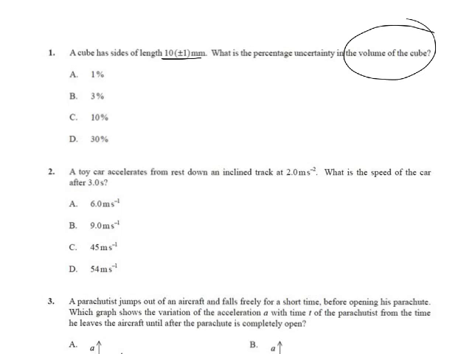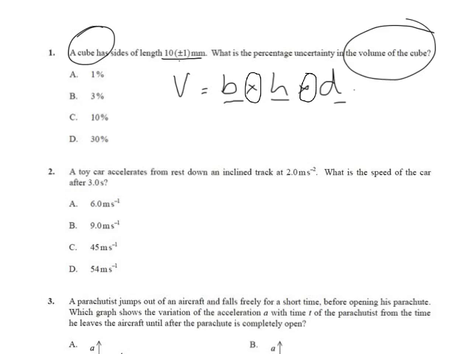Well, how do we calculate volume? Volume equals base times height times depth. And because it's a cube, these three quantities are the same, 10 plus or minus 1 millimeter. Now the rule that you have to remember is because you are multiplying quantities, you must add the percentage uncertainty. So if we find the percentage uncertainty in this quantity, we would multiply it by 3, 1, 2, 3, to